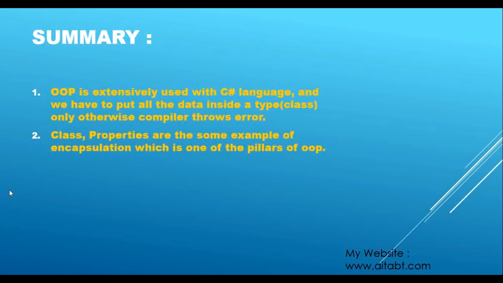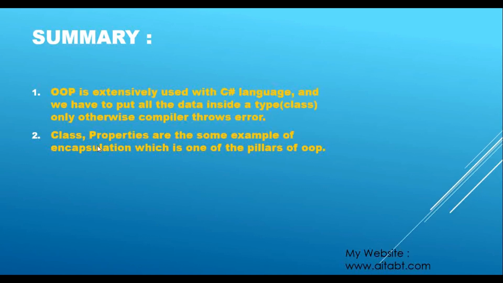But as you can see here, a class is also one kind of example of encapsulation. Why? Because a class can contain these fields and these methods, and only by creating an object can we access that method. We know this thing: we cannot access this instance member directly without creating an object of the class. So that is why a class is also a perfect example of encapsulation in C#. That is one of the pillars of the OOP concept.